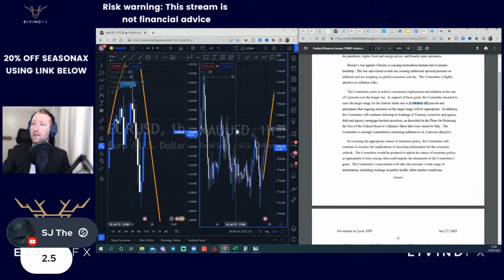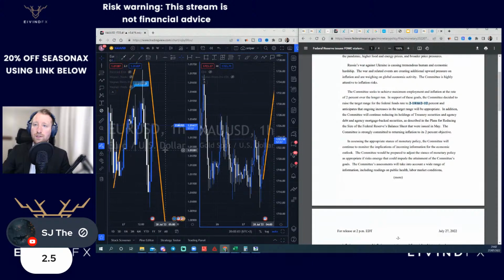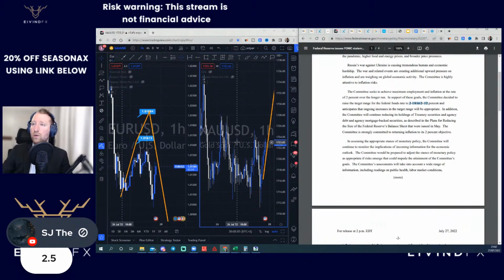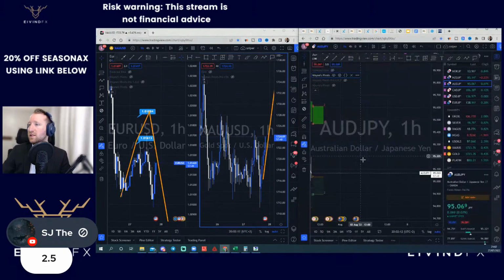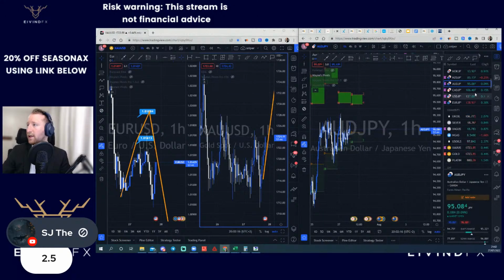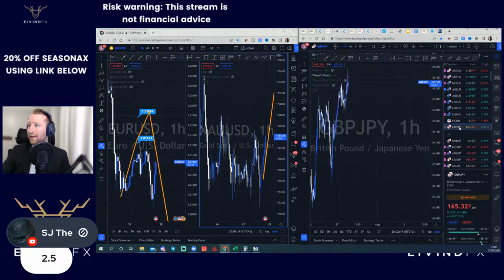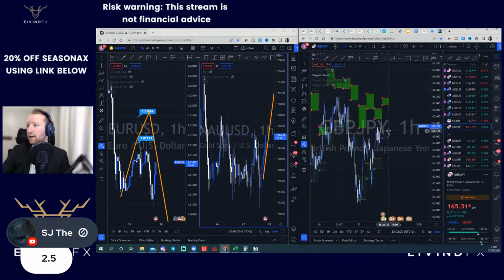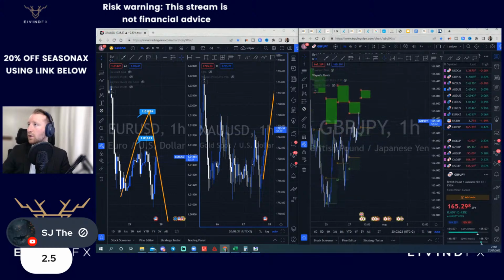Gold is currently rising a bit, and euro is currently rising a bit. So, for me, this is great. Great is an understatement, but I just want us to see, can we get some kind of pullback? I'm just going to look at yen and pound yen as well. That is more and more into loss.